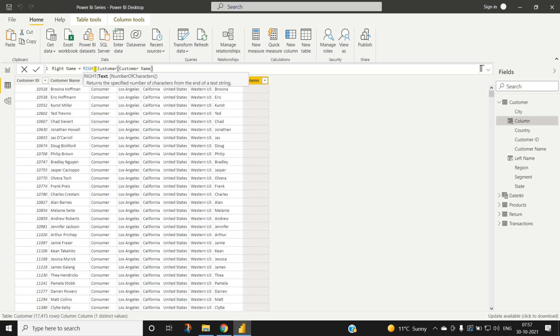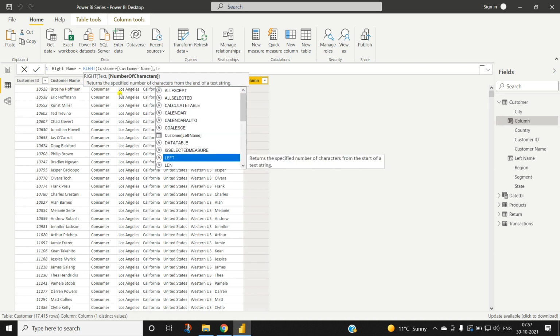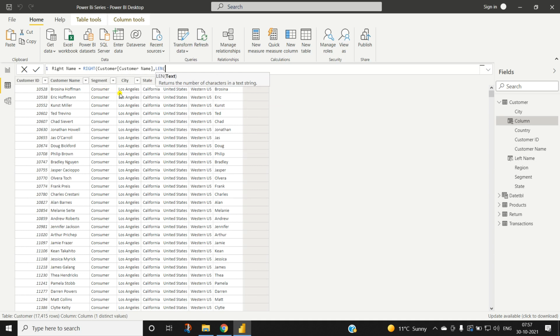Here again it is asking for the number of characters, but we want the right name, and with a fixed number of characters we will only get those many characters. Here what we will do is use the full length of characters minus the position of the space. So we use the LEN function, the length function, from customer table customer name.